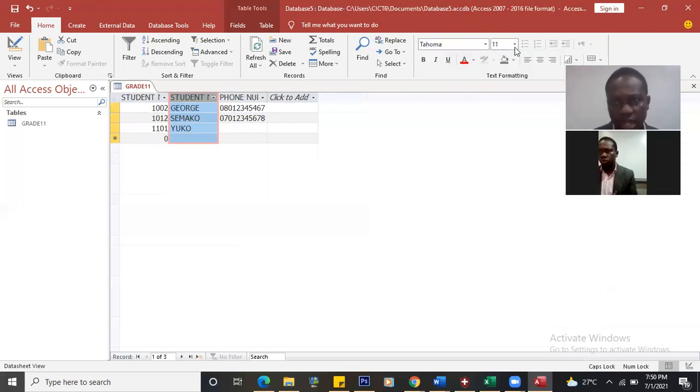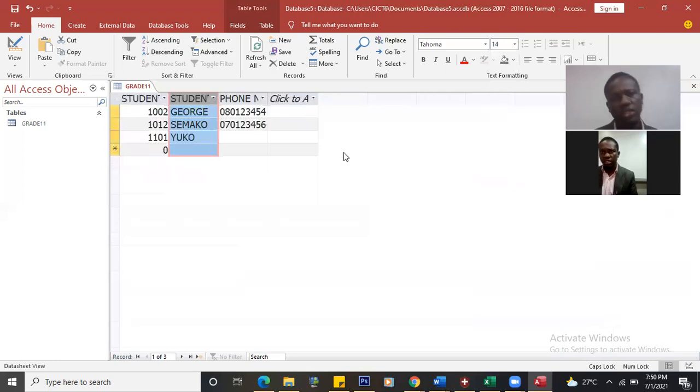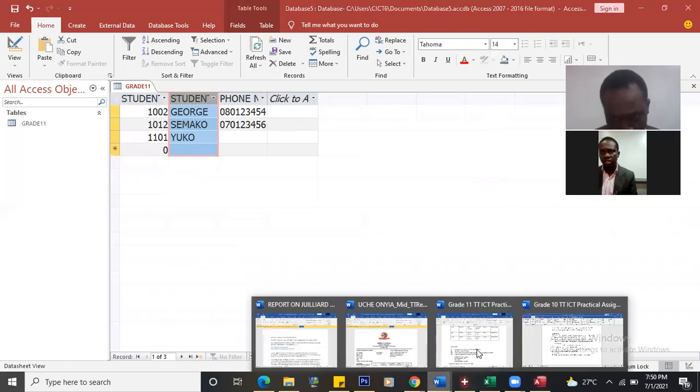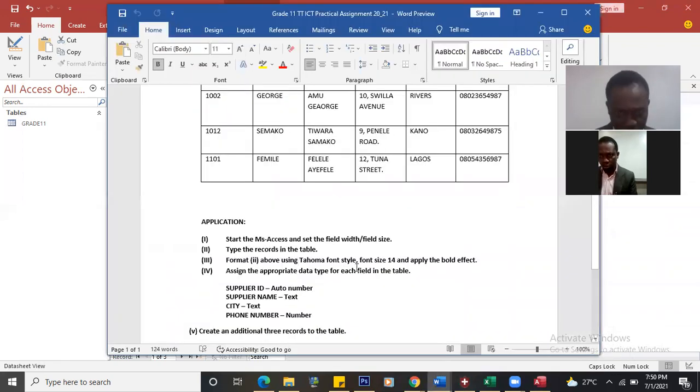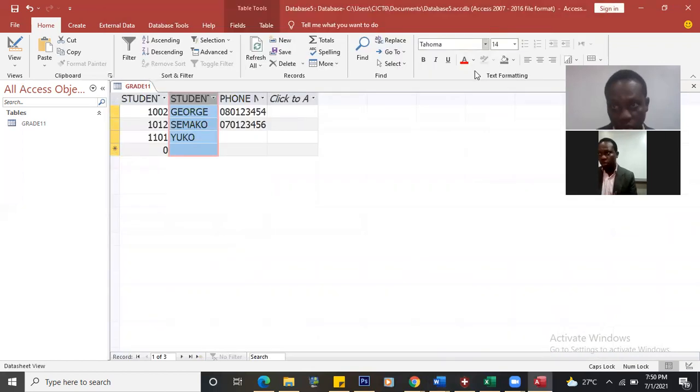Tahoma is applied, and I can change the font size. I think it's 14, and that's done. Okay, so answering that next question is as easy as what you do on Microsoft Word. Then 14 and bold effect. Okay, I've not done that. You can add your bold right there, and then you are good to go. Then the question continues to say,